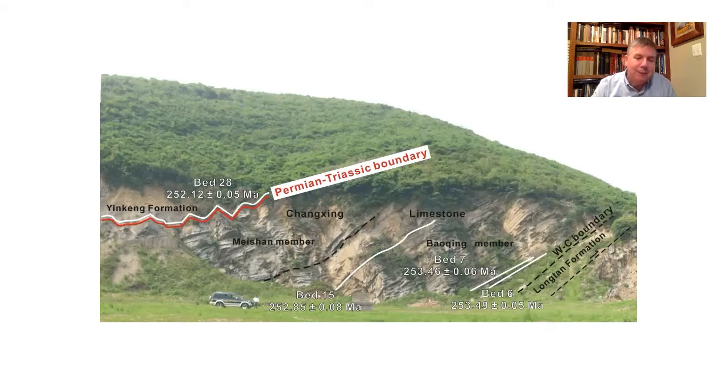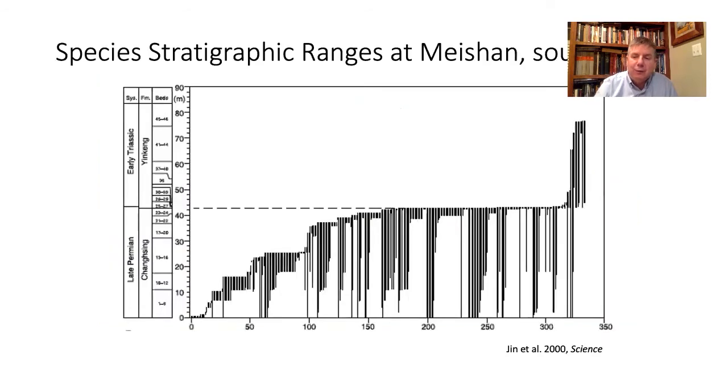The red line demarcates something called the end Permian mass extinction, one of the largest biotic crises of the last 600 million years. If we were to walk up through the section along this hillside, we'd see species gradually disappearing from the fossil record. And we'd see the same thing in records at localities all over the world. We've studied Meishan because the record here is more detailed than almost anywhere else.